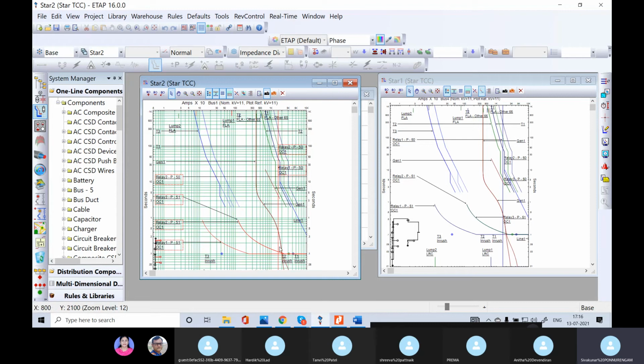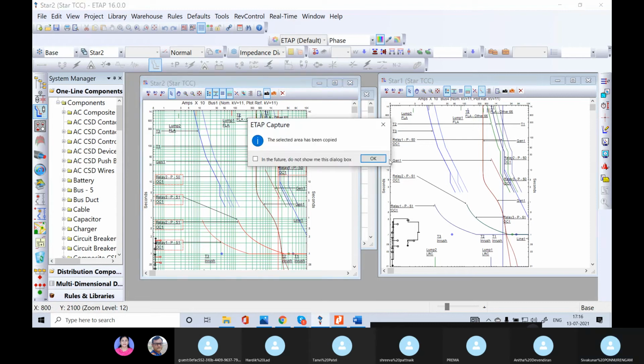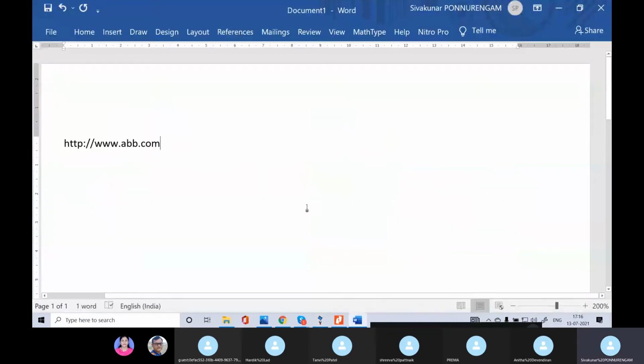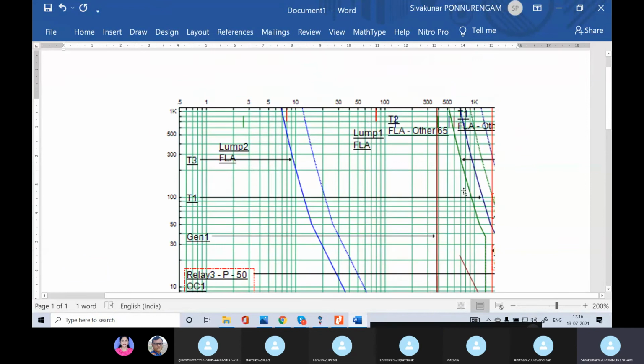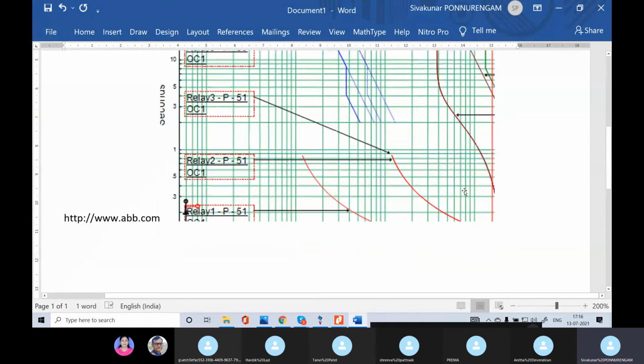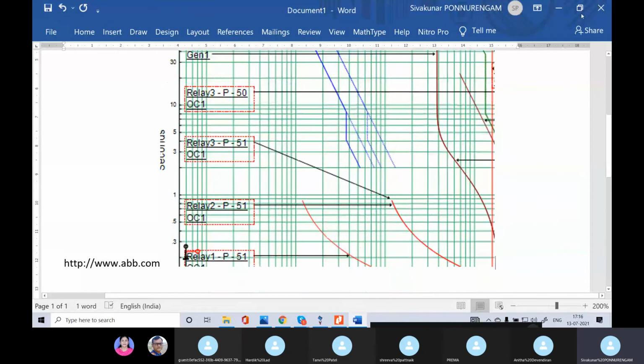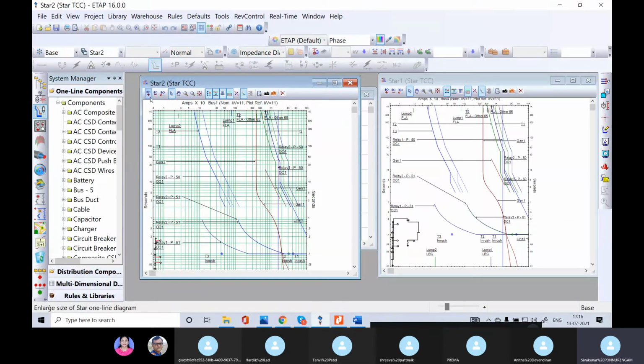That is the region I am going to select. Yes, selected and copied. What I selected, that portion is copied. So if I select the entire thing,